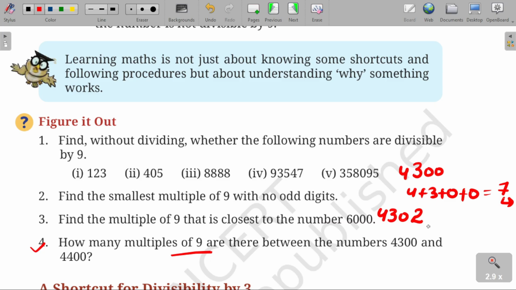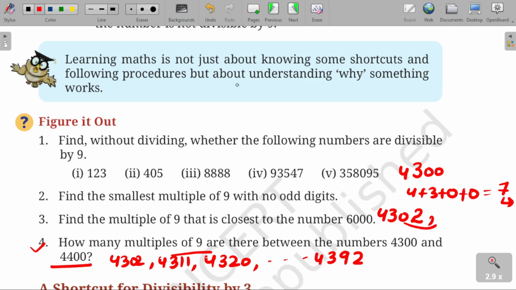अब बाकी के नंबर फाइंड आउट करने के लिए 9 ऐड करते रहो सब में। नेक्स्ट नंबर फाइंड आउट करने के लिए इस नंबर में 9 ऐड करते रहो, आपको 9 के मल्टीपल्स मिल जाएंगे एंड दे विल लुक लाइक फर्स्ट नंबर विल बी 4302, इसमें 9 ऐड किया 4311, इसमें फिर से 9 ऐड किया 4320 एंड सो ऑन। ऐसे ही लास्ट नंबर बनेगा 4392। और ये मुझे कैसे पता चला? जैसे मैंने 4400 का जब ऐड करोगे तो क्या बनेगा? 8 बनेगा। और मैं ऐसे इसमें से सब्ट्रैक्ट करना है क्योंकि हमने इससे छोटा नंबर फाइंड आउट करना है। आर यू गेटिंग दैट? इससे इसमें ऐसा नंबर फाइंड आउट करना है कि मेरा वो डिविजिबल बाय 9 हो जाए।